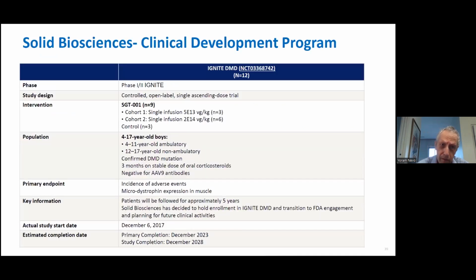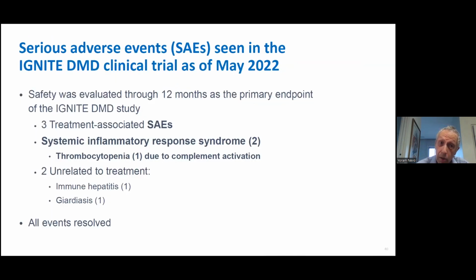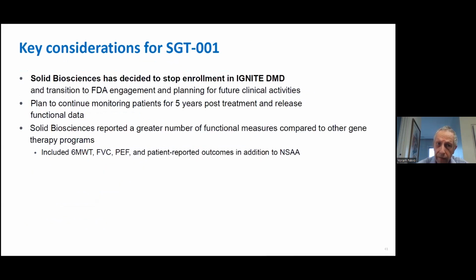Another company is Solid Bioscience. They started in 2017 and dosed 9 patients, ages 4 to 17. Next slide, please. This is called the Ignite DMD study. They also experienced severe adverse effects in 3 of them. 2 of them were systemic inflammatory response syndrome and 1 thrombocytopenia. At a certain point, this was stopped and then restarted. Next slide, please. All the events resolved, but still,